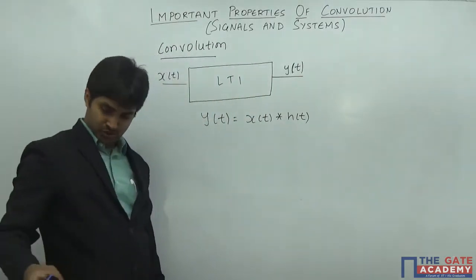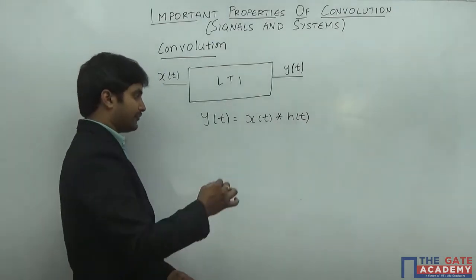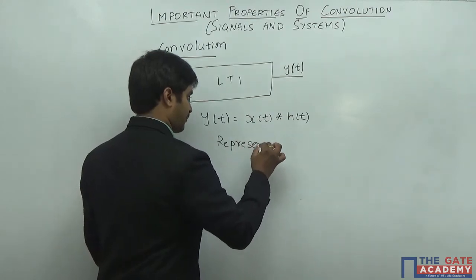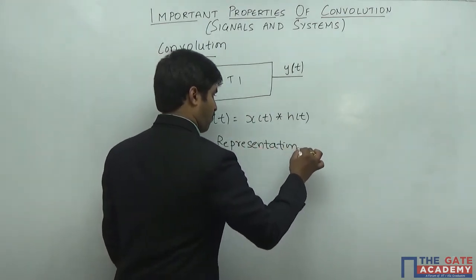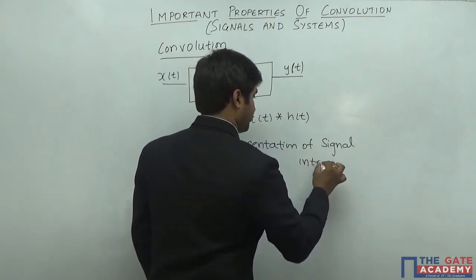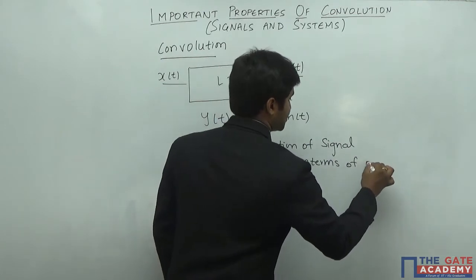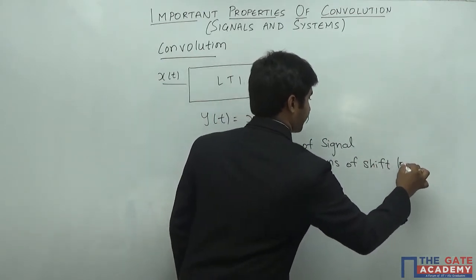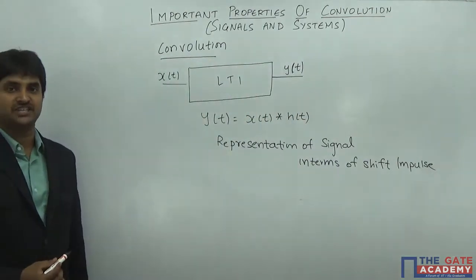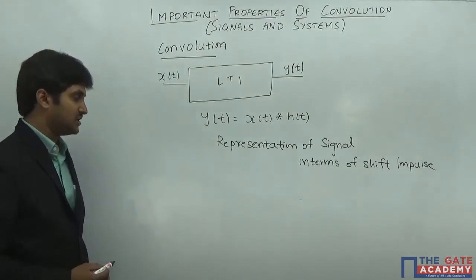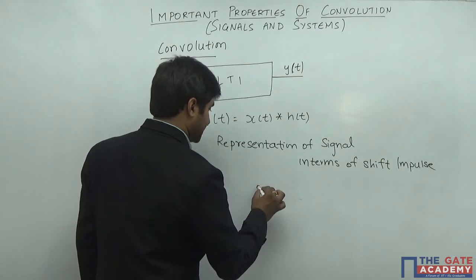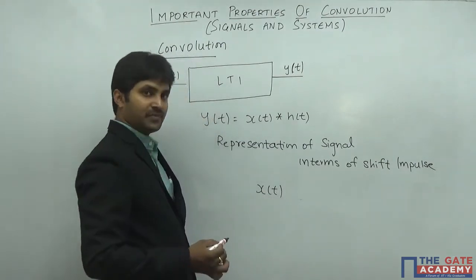Apart from that, to understand the convolution, you have to know the representation of a signal in terms of shifted impulses. Now, what is the meaning of a shifted impulse? Let us see that. Any signal, for example, if I consider a signal x of t, that can be represented